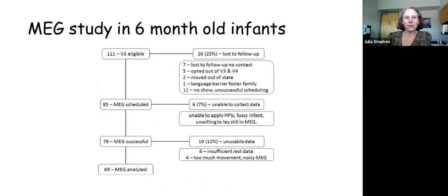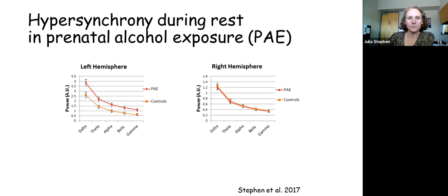So we had 119 or 111 who were initially eligible to participate in this study, and we had 69 subjects who were analyzed for this study. What we found was in left hemisphere, we had kids with prenatal alcohol exposure, PAE, who had increased spectral power,